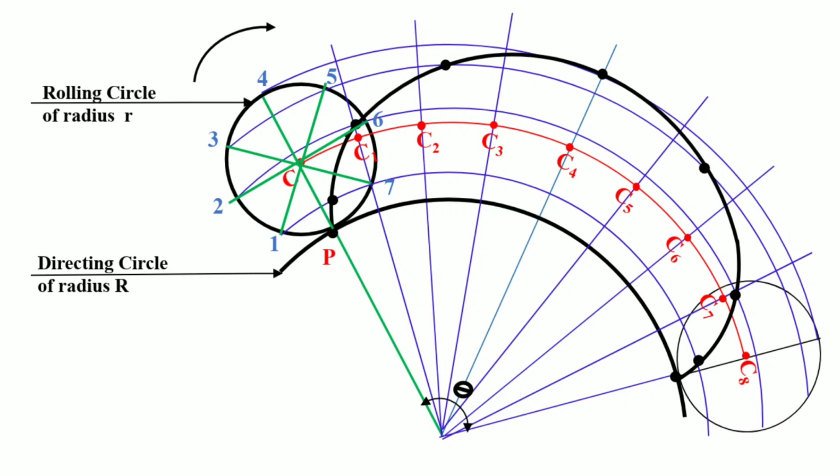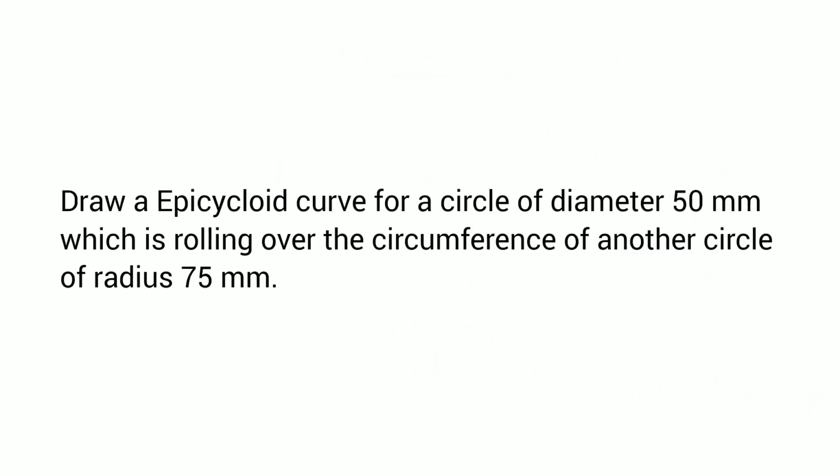So epicycloid is also a type of cycloid curve, that is, we are going to trace any point present on the circumference of a circle, but provided that the circle is rolling on the outer surface of another circle. That is called epicycloid. So here, as per the given problem,